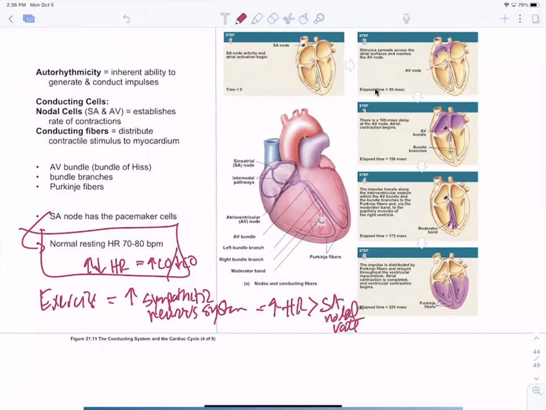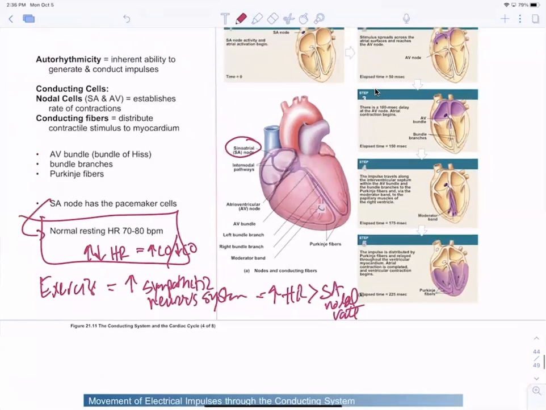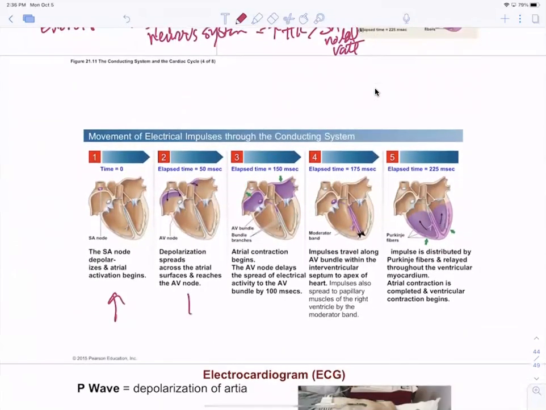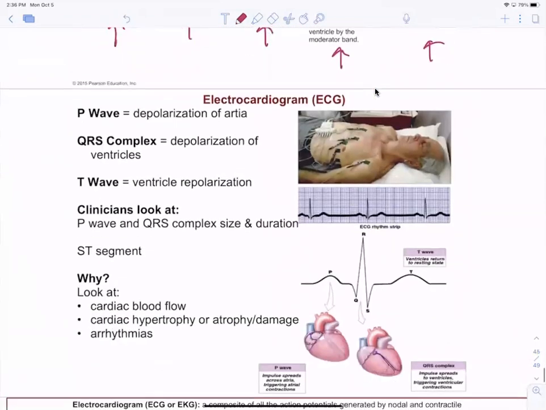So the sympathetic nervous system and parasympathetic nervous system are going to innervate and can increase the force of contraction in addition to increasing the rate at which the SA node depolarizes or contracts. So this kind of goes through the different stages. Depolarization leads to contraction. Repolarization leads to rest. And so these EKGs, again, are looking at, is your heart muscle conducting system working properly,